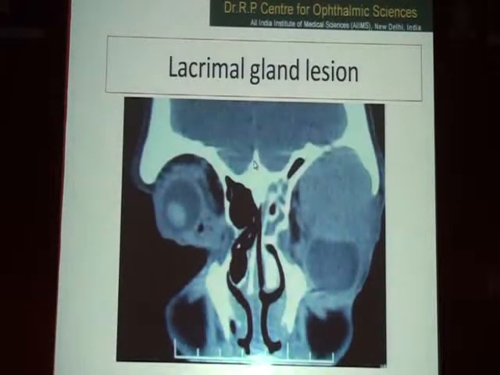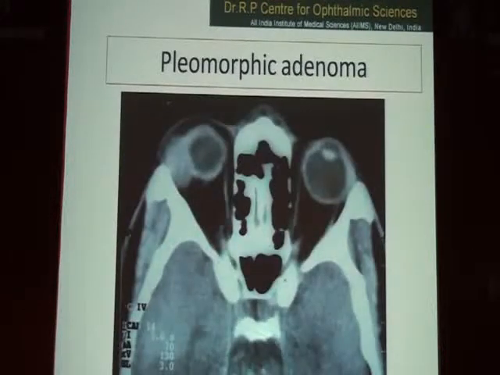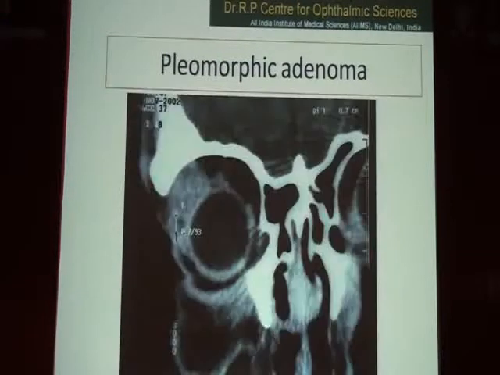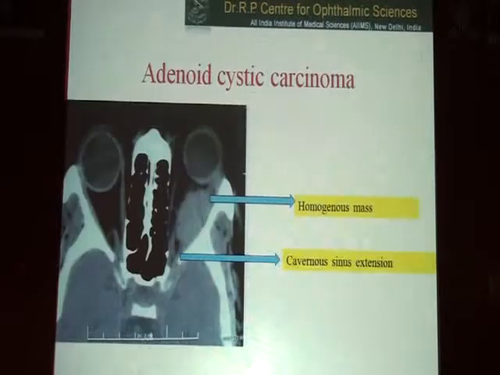And then lacrimal gland lesions, also CT is very useful. It shows the extent of the lesion and if there are any bony changes. So this is a case of a pleomorphic adenoma of the right orbit, and you can see a well-defined mass where the lacrimal gland is not seen separately from the mass. It's in the supratemporal region arising from the lacrimal gland, almost homogeneous with no bony changes. This is again another view of the pleomorphic adenoma, what we call the coronal section.